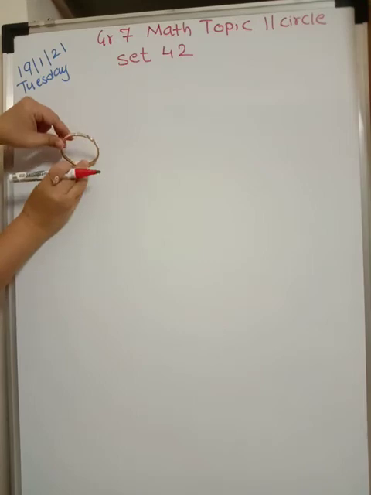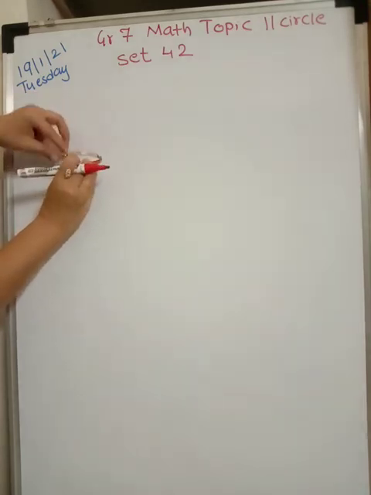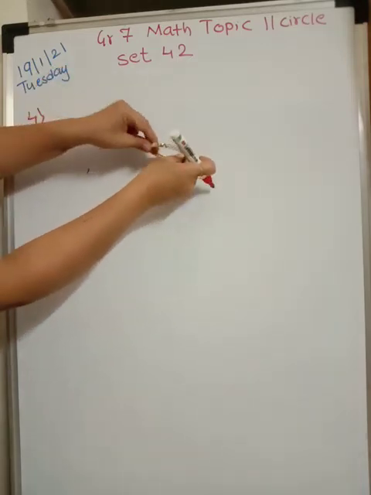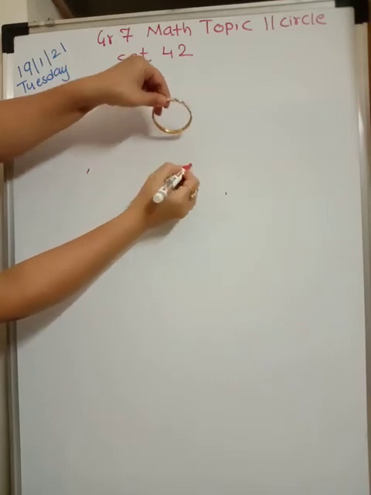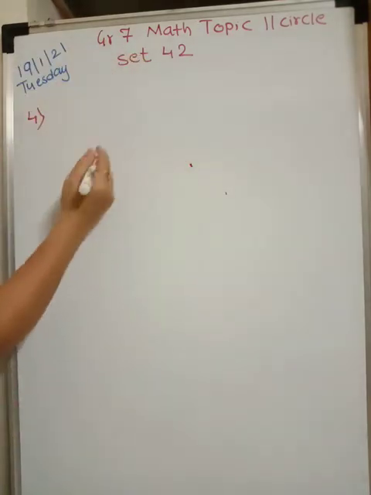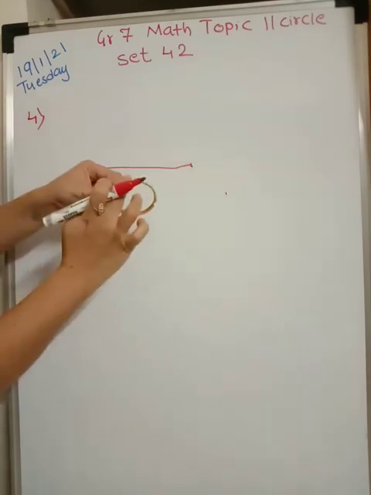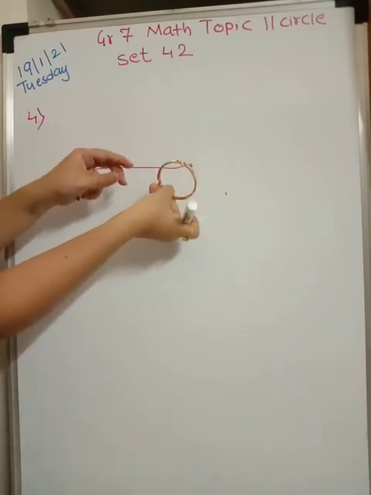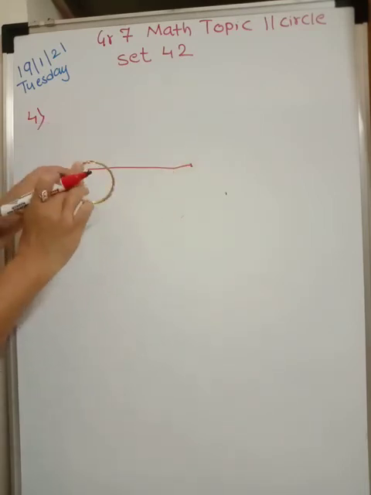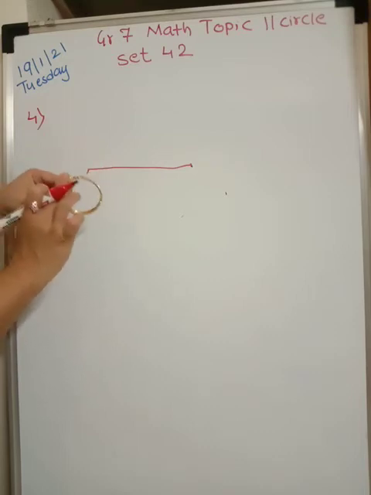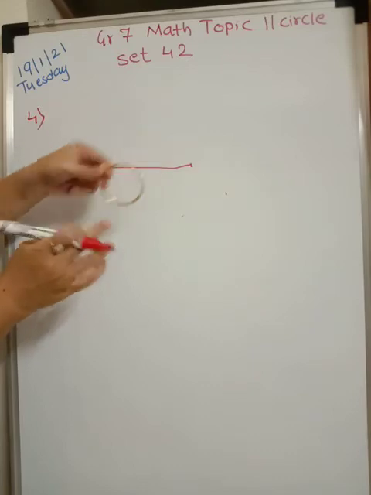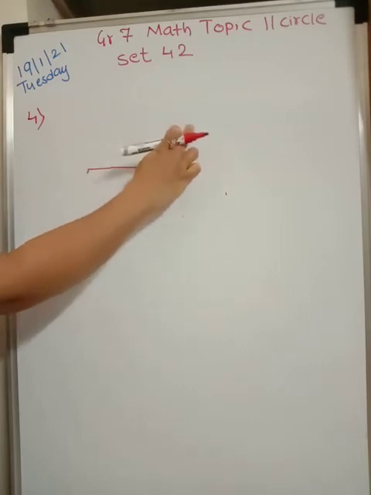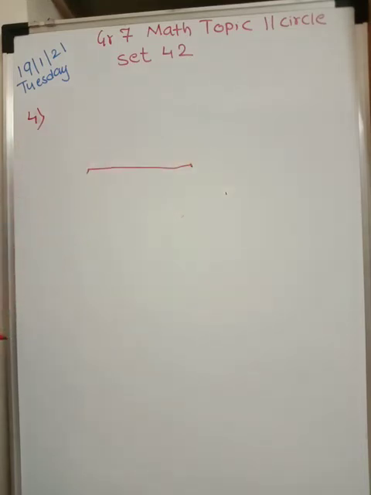Now if I start to rotate like this, if this wheel is moving in circular direction, it has moved and come up till here, and again I have touched the initial point. So the distance from here to here is the same as the distance from here to here. So this is the circumference and this is completing one rotation. So what you should understand? Distance covered by the wheel in one rotation is equal to the length of the circumference. So one rotation is equal to circumference. If you know this, it is very easy to do the fourth problem.